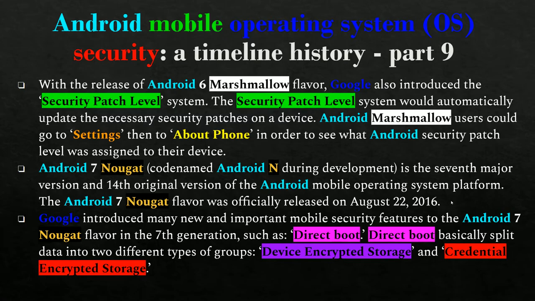After Marshmallow, Nougat was introduced, the 7 version. Once again, with each iteration they introduced new features. With this release, they introduced Direct Boot, which isolated the storage, similar to what they're doing now with Android 11 but the first iteration of it, where they're isolating your storage with your credential encrypted storage, so apps, or pretty much anyone, can't access what they don't need to.